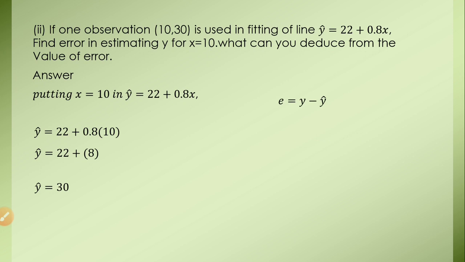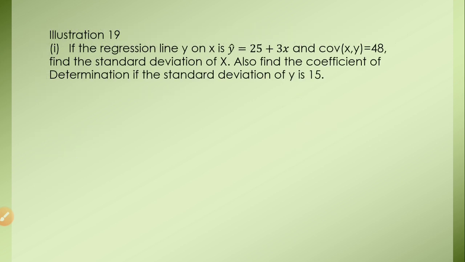Now we'll find the error. Error is y minus y cap. What is y? You can see in the question, x is 10, y is 30, and the estimate is also 30. So y and y cap are both 30. So there is no error. That means actual and estimate are both the same. Okay, come on. Next,